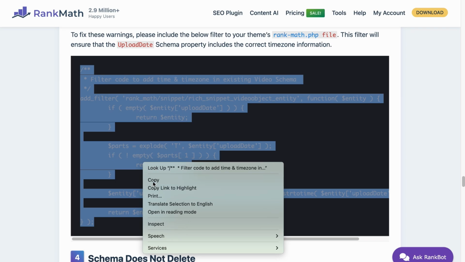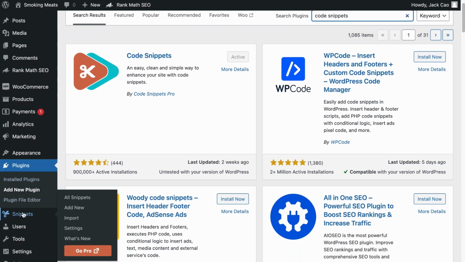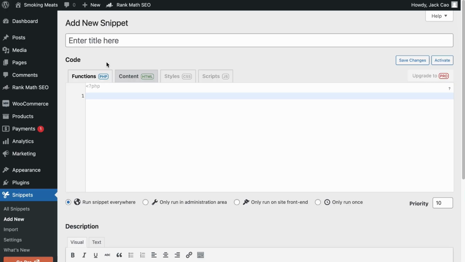Let's copy this filter, and the easiest way to add the filter is to install a plugin called Code Snippets. This plugin will allow you to inject code to certain areas of your website. Once you have installed the plugin, hover over Snippets and select Add New. Give it a name, say Modify Data Format for Upload Date Schema property. It can be anything, this is for your easy reference.